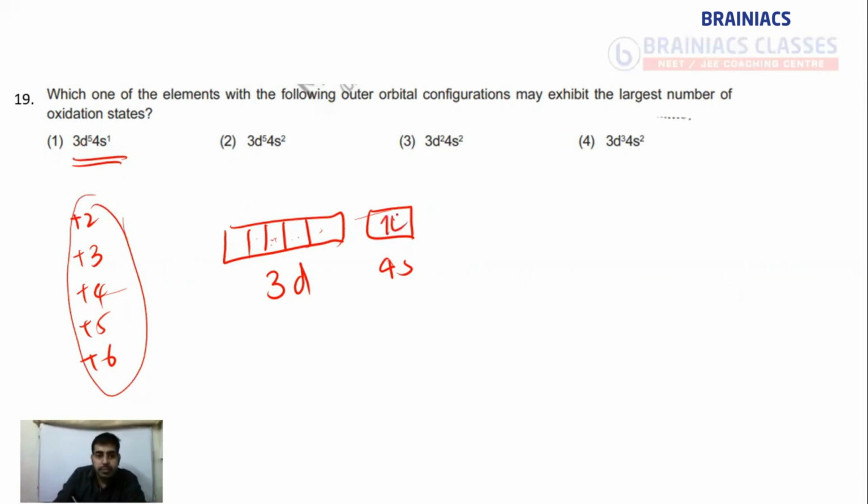Now the second one. This one can lose 2 electrons from 4s, so we'll get +2. 2 from 4s, 1 from 3d, +3. 2 from 4s, 2 from 3d, +4. 2 from 4s and 3 from 3d, +5. 2 from 4s and 4 from 3d, +6. And 2 from 4s, 5 from 3d, +7. So this can show +2, +3, +4, +5, +6, +7. And this one, this can lose